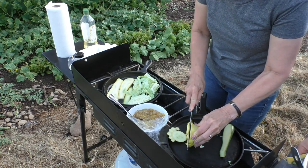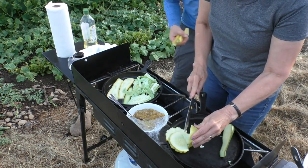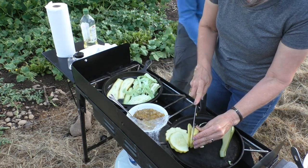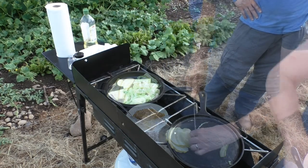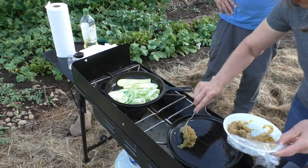But it was a lovely evening. It's been really, really hot. Well, the sun had gone down enough. We had shade because of the barn, so we weren't standing in the sun to do this, which made it very nice. Yeah. So this chicken breast, we just got a meat grinder, and it's just a hand meat grinder,